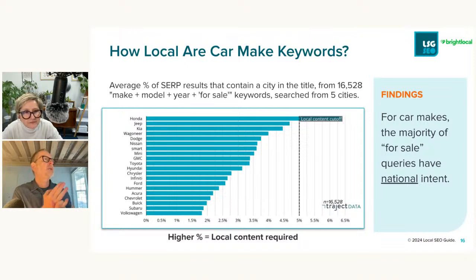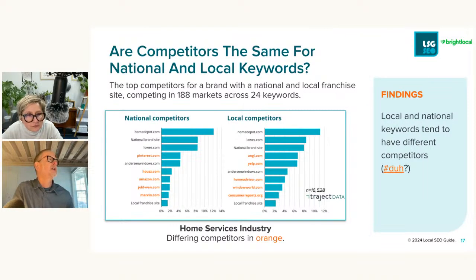And so we did 5 cities in this case for year, make, and model keywords. And all we found was that Honda, I don't know why, Honda was the only make that had anything that looked significant in terms of the amount of local results. Every other make was basically mostly national, non-local results. You can see Volkswagen has fewer than 2% of the results were local. So this was a sign that, you know what, I don't think we need local pages for cars for sale for any of these cars. And if you look at the search results, you can see that's pretty much the case.